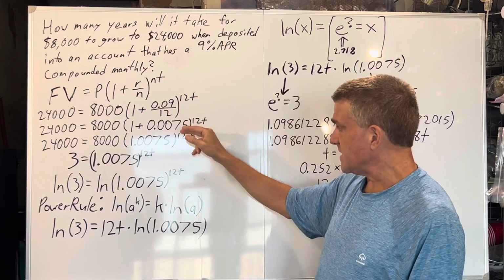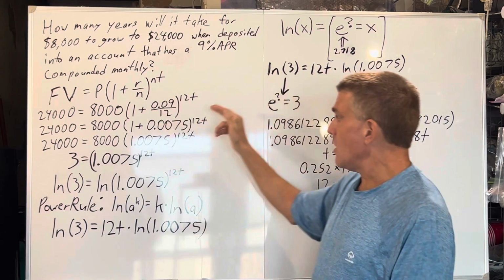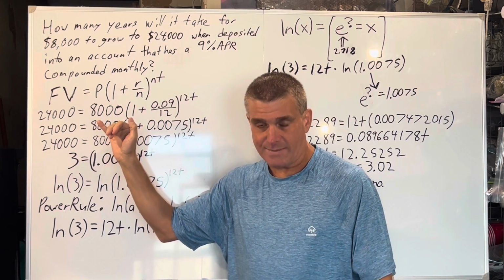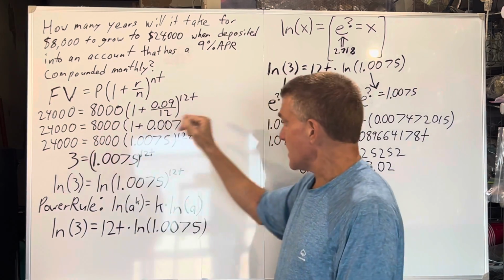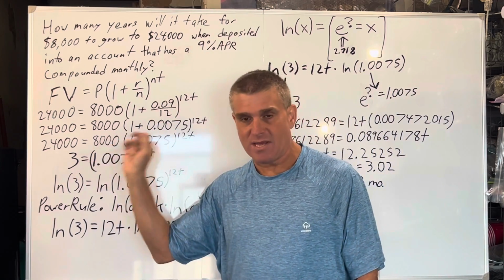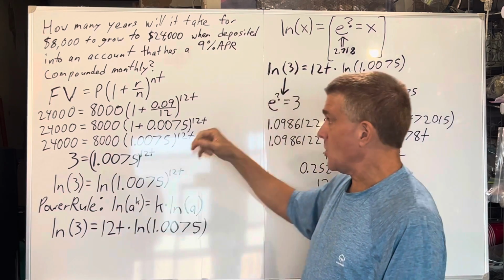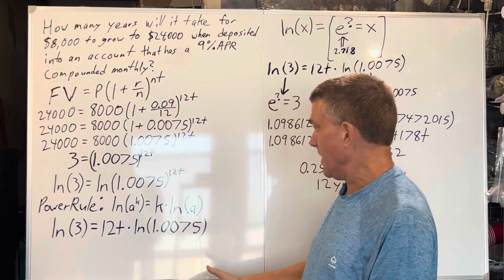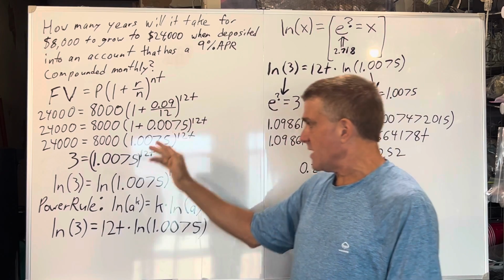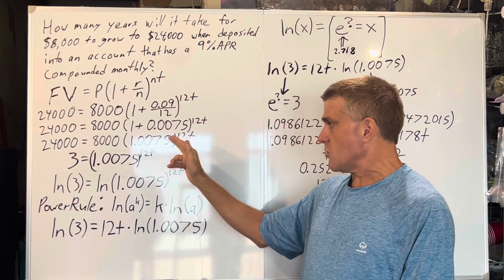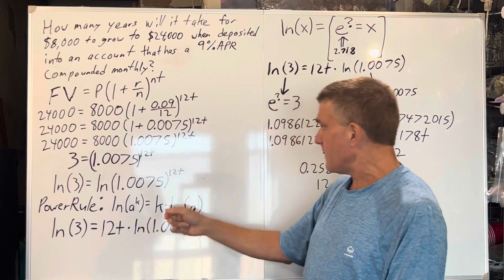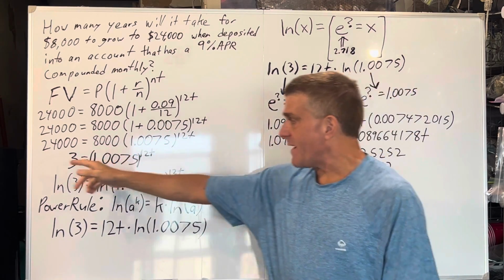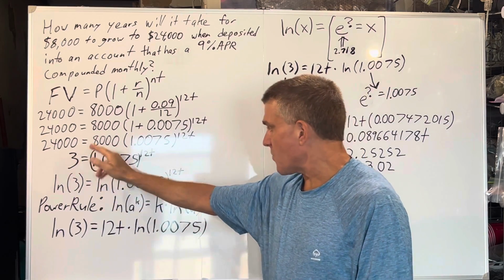Then close parentheses, then to the power of 12, which is again the number of times that the interest is compounded per year, times T, and T is how many years it's going to take to go from 8,000 to 24,000 at 9% compounded monthly. 0.09 divided by 12 equals 0.0075. Then you add the 1 to that, and then you divide each side by 8,000, and you've got 3